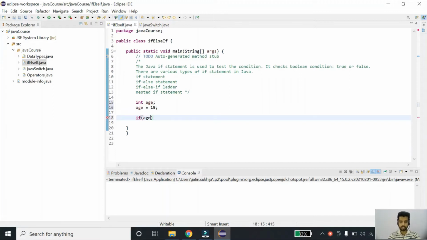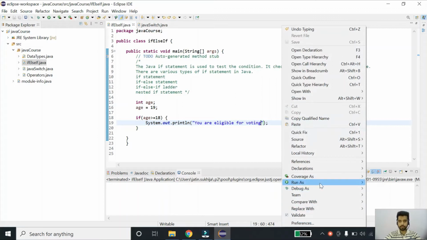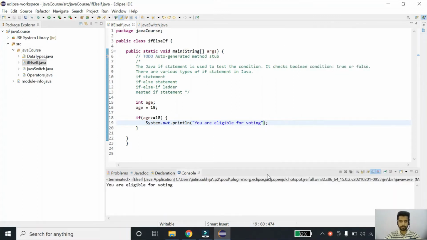If age is greater than equals to 18, sys out. Let me execute this. So since my age is greater than 18, it shows me you are eligible for voting.